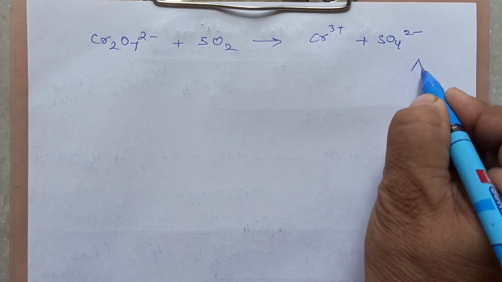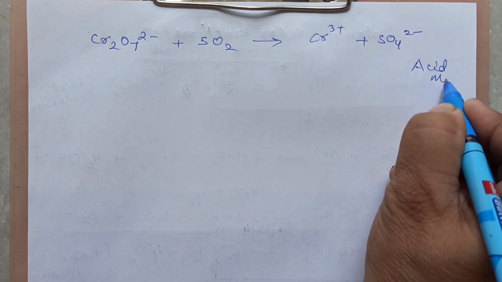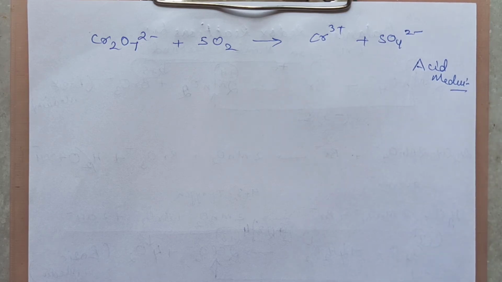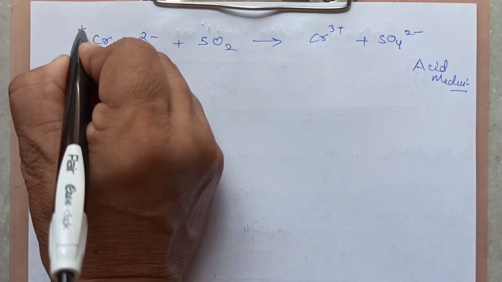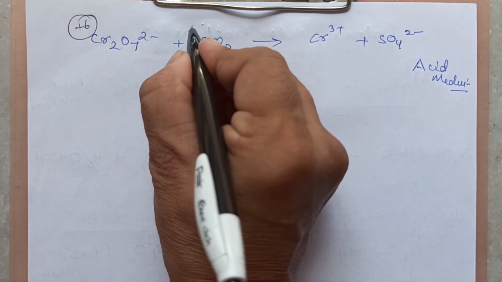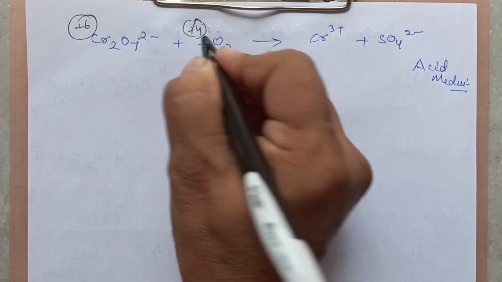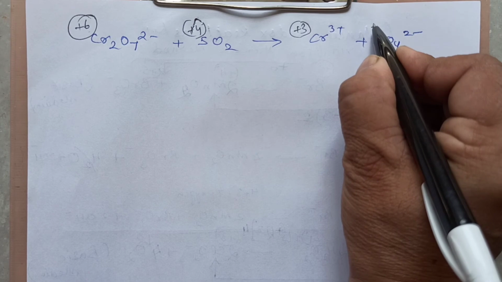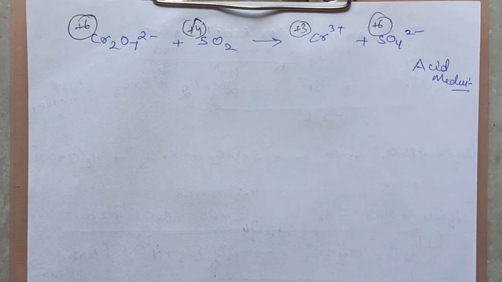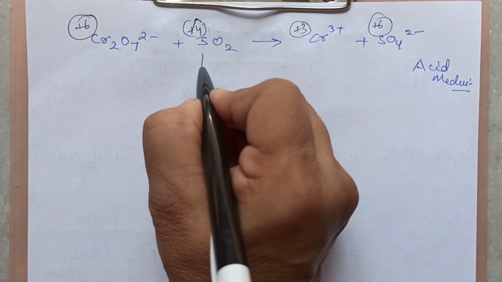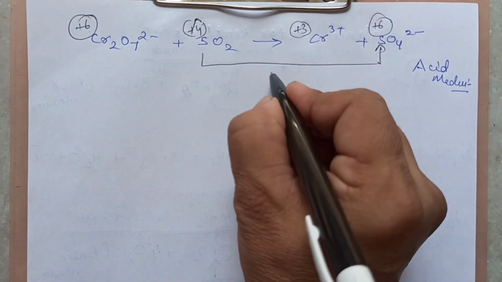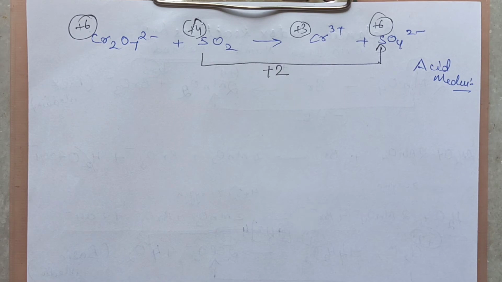This is another equation, children, I am taking. This is the equation to be balanced in the acid medium. Same thing, we will first calculate the oxidation states and write them on the top. This is plus 6, this is plus 4, this is plus 3 monoatomic ion, and this is plus 6, right? So first this is increasing from 4 to 6. So we will write that it is increasing by 2.